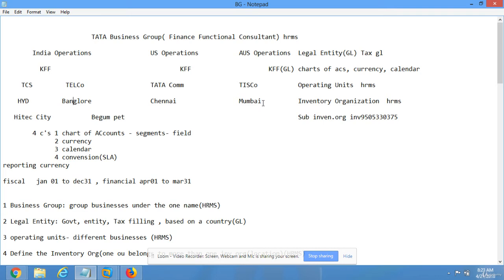How can we move the quantity from one inventory to another? Here we are going to create shipping networks. Why? Because the distance is long. We create shipping networks to move the quantity from one inventory organization to another inventory organization.